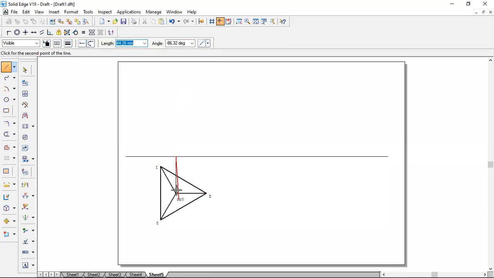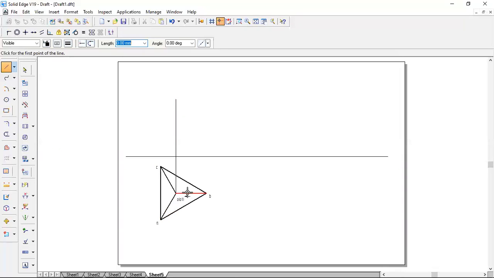So from the O, you need to draw the projections and leave it to a certain length. Next, this OB, OC, and OA are the slant edges. All three slant edges we can call them as such. OAB is an equilateral triangle, OBC is an equilateral triangle, OAC is also an equilateral triangle. So if it is an equilateral triangle, OA is equal to AB, AB is equal to OB.